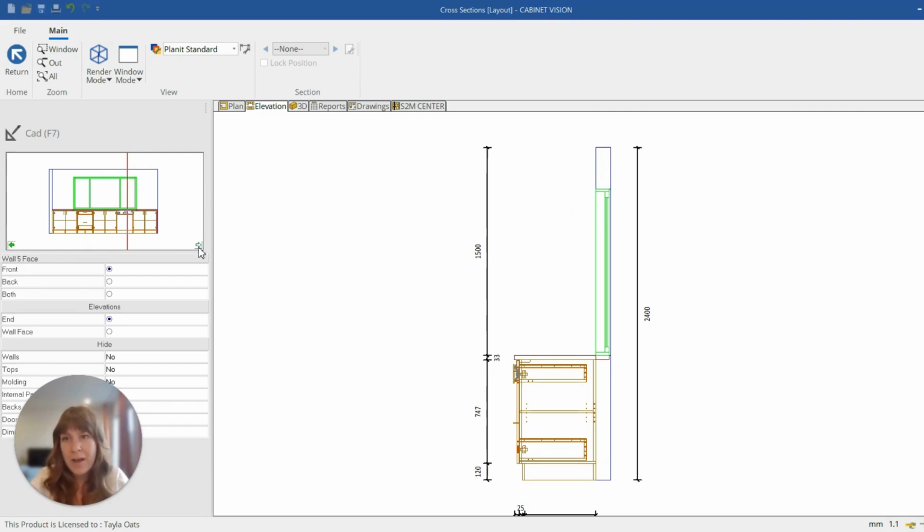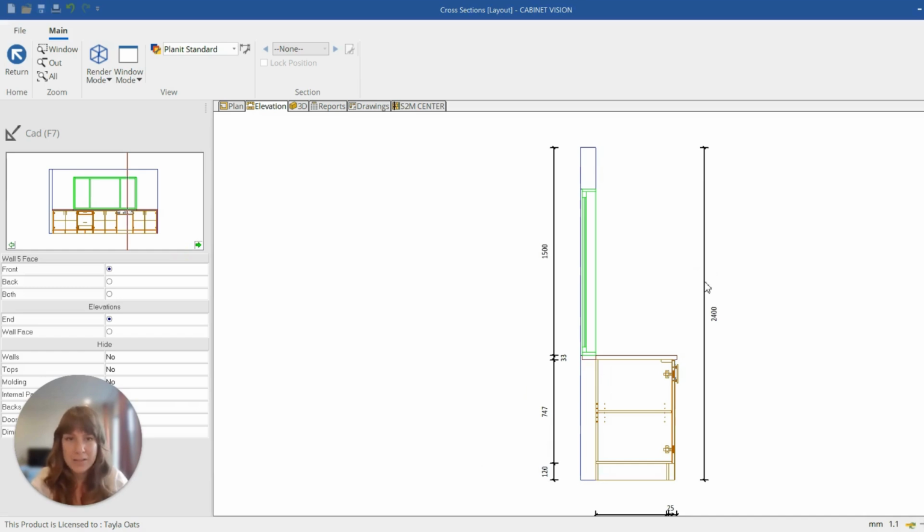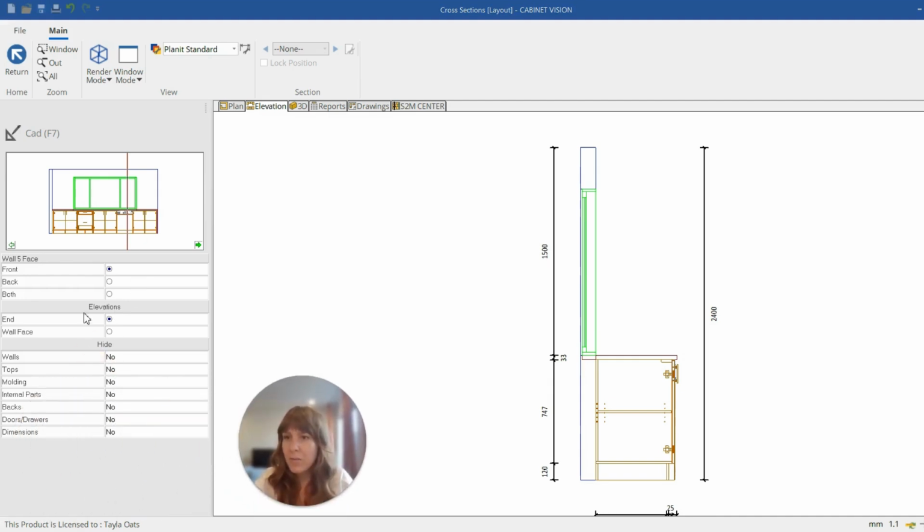But if we were to flip that over to the right, you can see it flips the section view and now we're looking the other direction. So you can play with those two as well as all these different features here. If I move my little self, there we go. So now you can see that if you had cabinets on both the front and back of the wall, you could show one or the other or both, as well as a few other different options. You could hide or show different things. If you didn't want, say, bench tops to be shown in the section, you could take them out or add them back in. So you can play with all of those different features to customize your section.